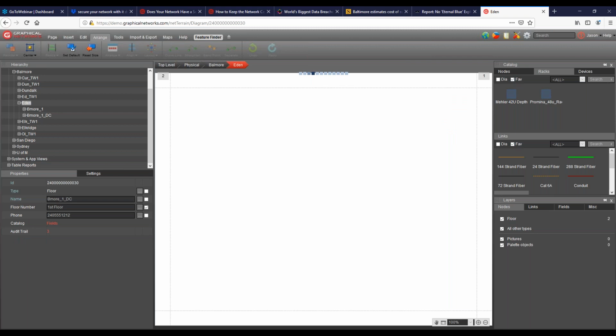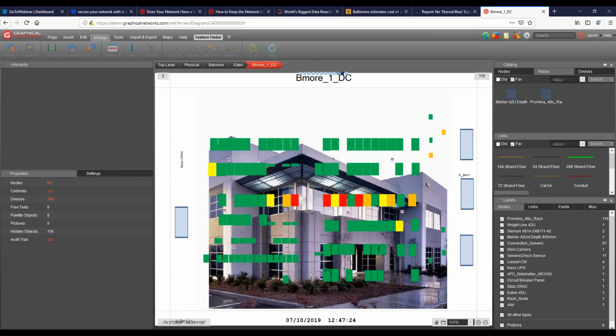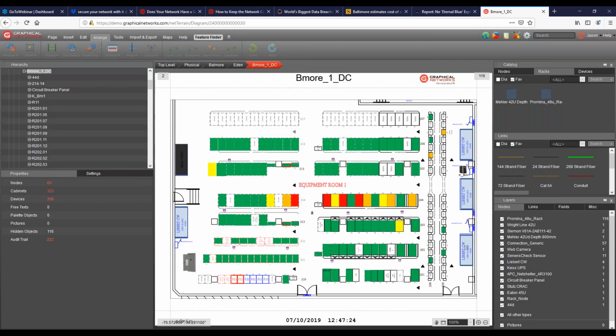So drilling down into this, I'm navigating down through a building. I'm getting down to a point where I'm seeing something like a data center. When you talk about network documentation, what you really want to document is where do you have pain? What's going to be the biggest bang for your data, so to speak, in your network documentation. If you came to me and said, I want to document my whole network, I'd say that's probably not a realistic task if you have a large network. What you might want to do is start off with the things that are very critical.